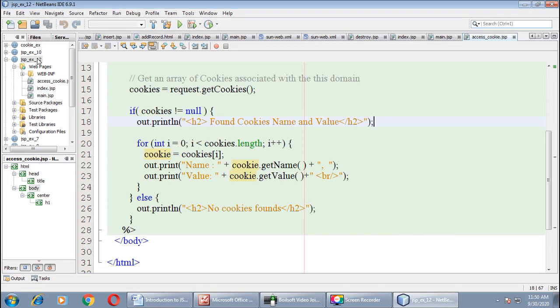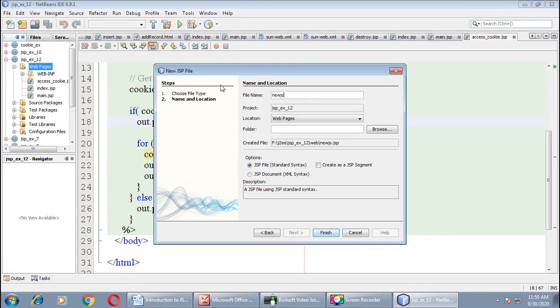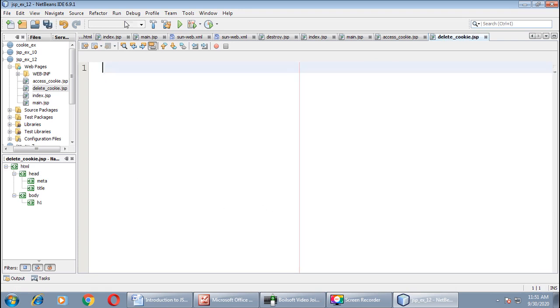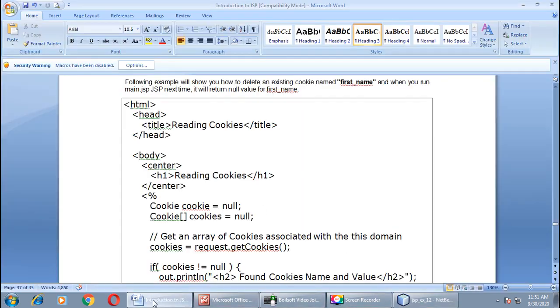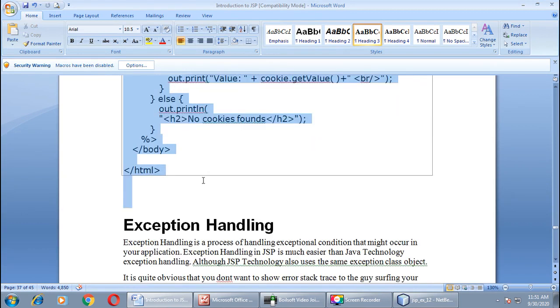Create one more JSP page. Remove all default code and copy this code from our document.